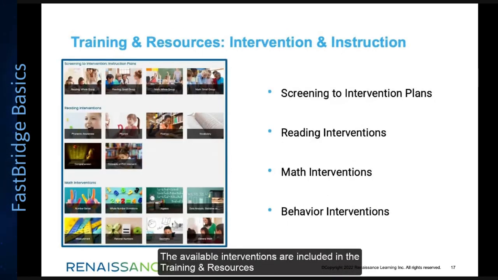The available interventions are included in the Training and Resources tab as well, which include teacher-directed protocols in the areas of reading, mathematics, and social-emotional behavior. It is important to note that the interventions are still part of the lab and will be enhanced over time. The interventions are intended for use when a school does not already have materials in a specific skill area needed for one or more students, and schools can and should continue to use their own interventions if they are meeting